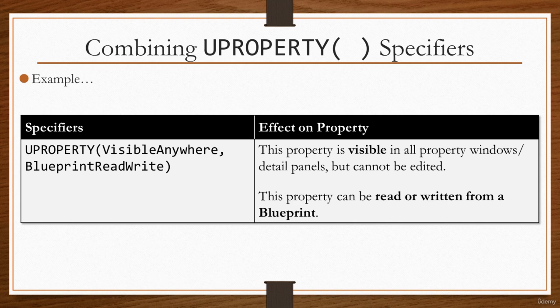But the property can be read or written from a blueprint. So in other words, we can place down a getter node and a setter node for that particular property. And in other words, we can edit the property in the blueprint graph. And we can also read or get that property in the blueprint graph. So this is one interesting combination. Maybe you don't want to give the designer or the artist the ability to set the defaults, but you want to give them access to actually modify that in the blueprint graphs, maybe in reaction to certain gameplay